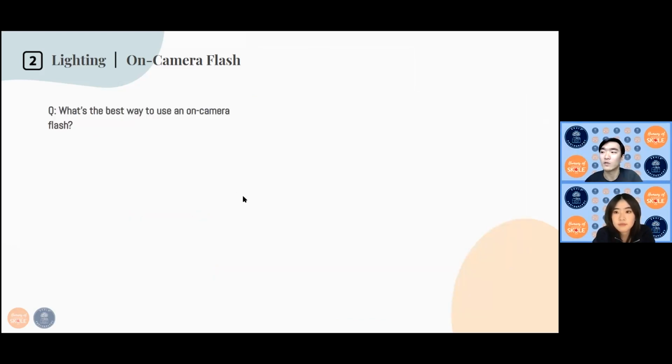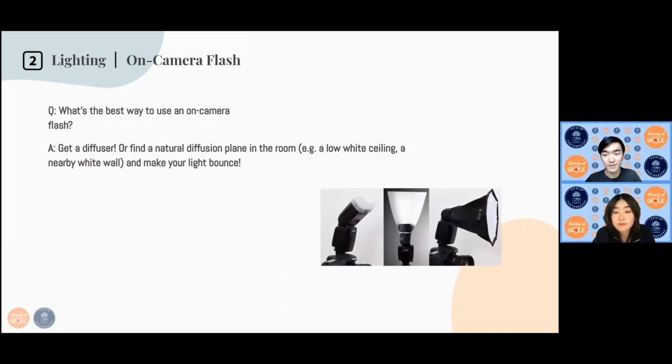So here's a question. What's the best way to use an on-camera flash? Well, the answer is you can get a diffuser. As you can see, there are different kinds of diffusers that you can get. Some of them look really fancy, and if you have one of these things on your camera and you walk into a venue, people look at you thinking, wow, you must really know your stuff, and it's quite intimidating. But they don't really work that well in most situations. They look really fancy, but in terms of what they can really do,